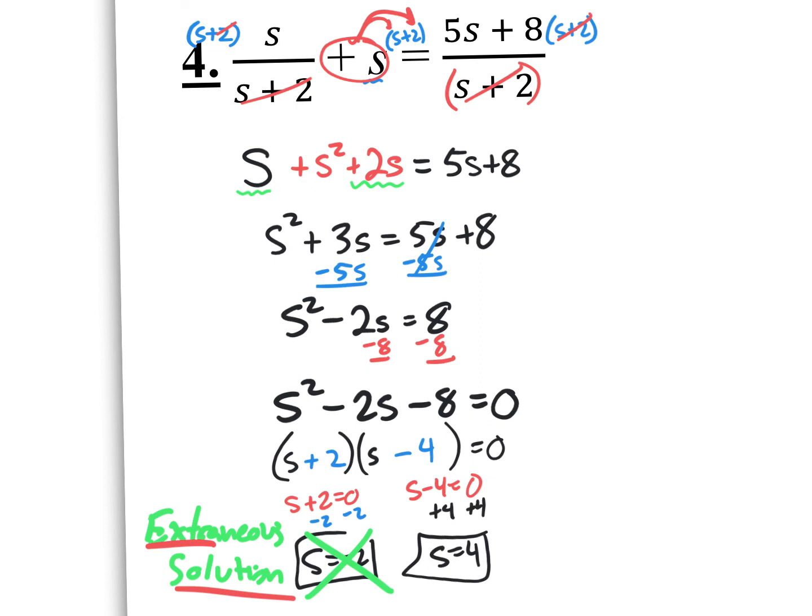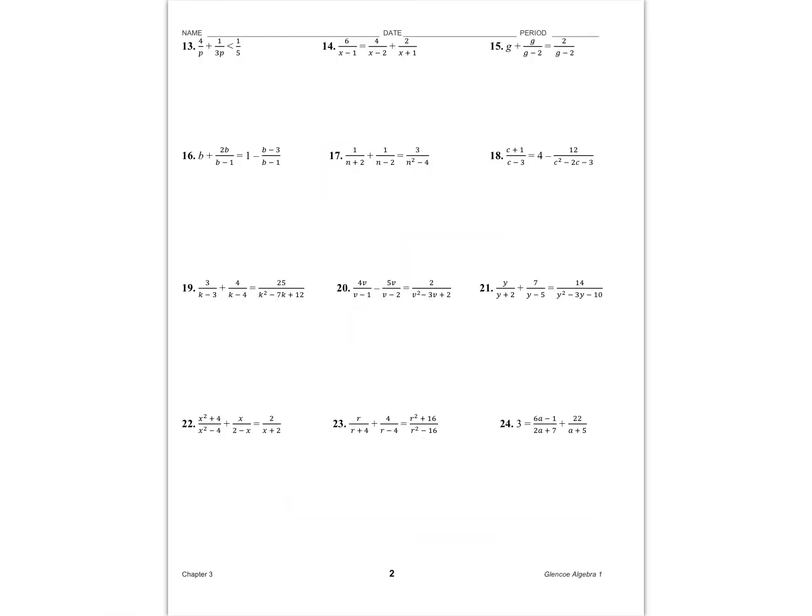Okay, so the only answer for number 4 is s equals 4, because the 4 doesn't make it 0. As a matter of fact, if you did plug in a 4 right there, down here, and up here, and did all that math, it will be a true statement. The only answer is s equals 4. Let's jump to,